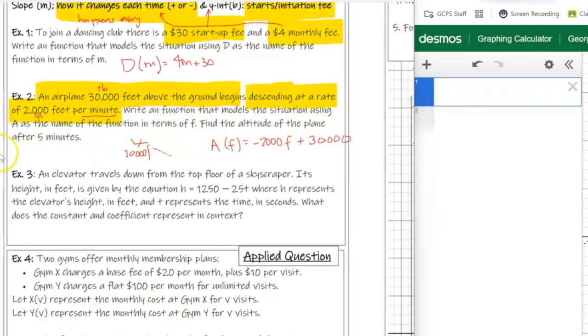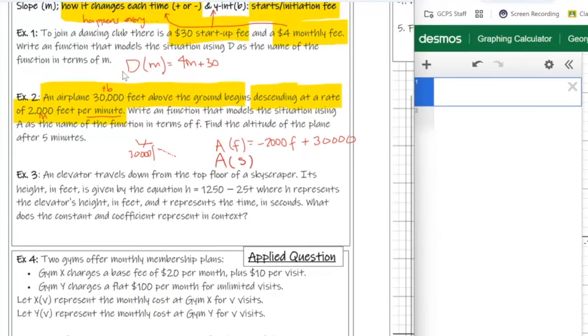It says find the altitude of the plane after 5 minutes. So is minutes my input or my output? It's my input because it's time. So what that means is it's saying find it after 5 minutes. What is my output? And if you remember from the previous example